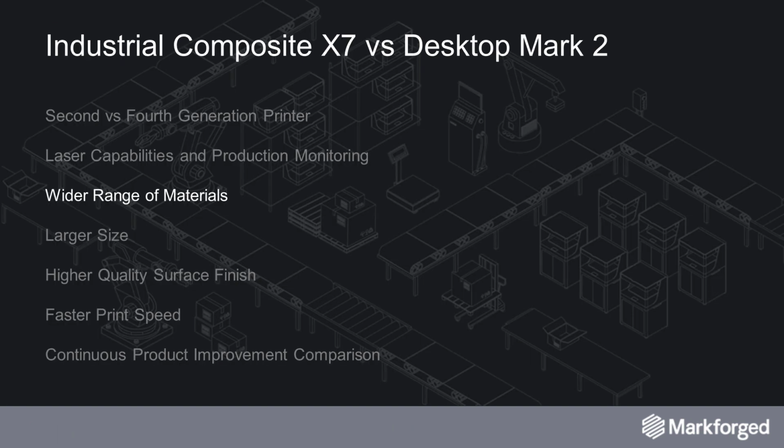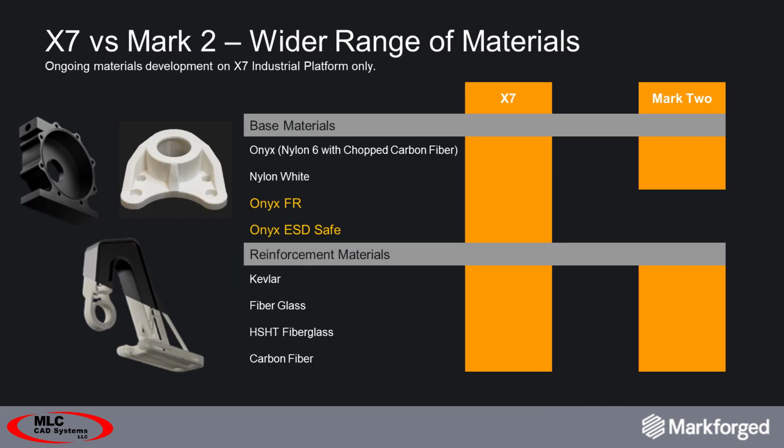The third required capability that we'd like you to consider is hinged on materials, not necessarily what those materials are, but what they provide. And I'll get into this. So at a high level, the industrial composite platform and the desktop platform both offer the Markforged unique continuous fiber process that has created the hyper growth and uniqueness in the additive market for Markforged